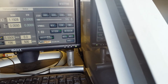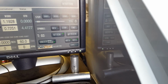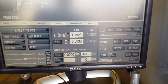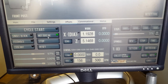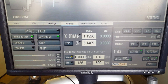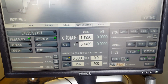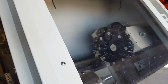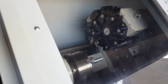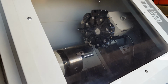All right, so my Z is set. I'm going to go to G30, and I recommend that on your first part you do single block. Just do it one line at a time. So that's what you should do. Alright, so we're going to start this guy. Your hand should be on the E-stop button, and if anything seems wrong,